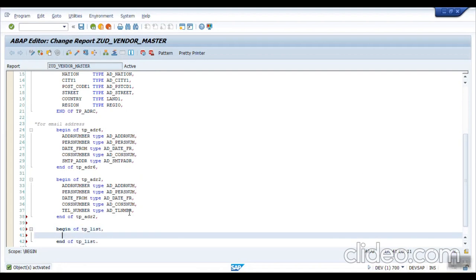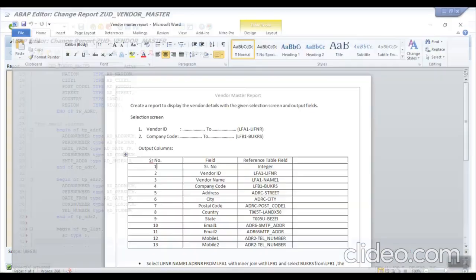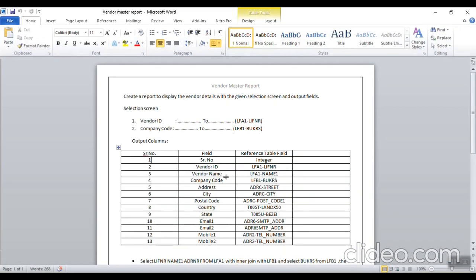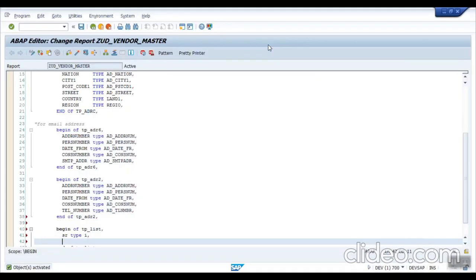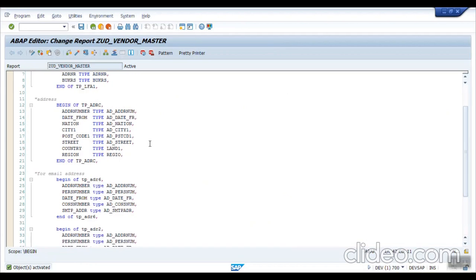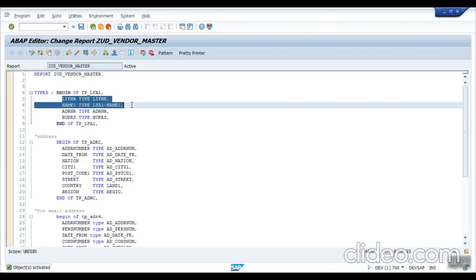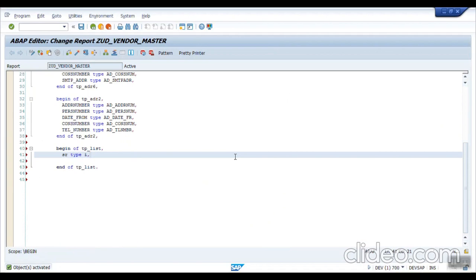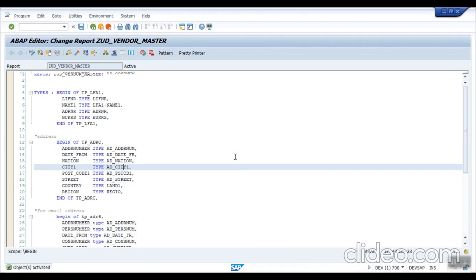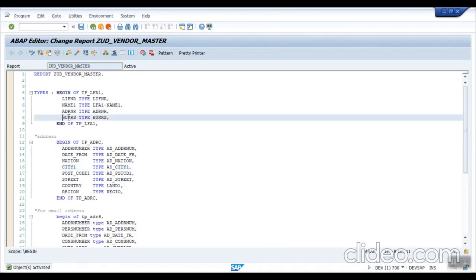The first field I want as a serial number, so I will just write SR type I. Second field as vendor ID, vendor name, and the company code. So I can copy from the existing data record which we have created. First two fields I want in the output, and then I want the BUKRS, that is the company code.